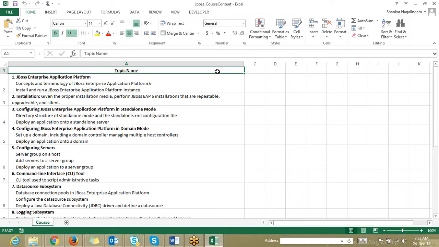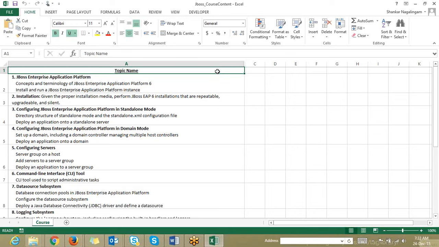Any more questions? No. Perfect. So we talked about the training mode. The training would be starting mostly from Monday or after Jan 1st, which is nothing but Jan 4th. We talked about the software and the material. We talked about the version. The version of the JBoss application server I'll be talking about is JBoss EAP 6.2. I'll be giving you the software as well as the material.